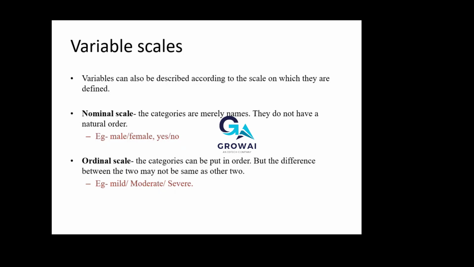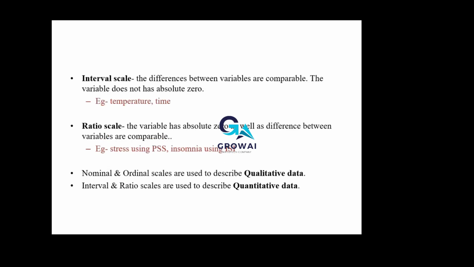So nominal and ordinal we already saw. Nominal means they do not have a natural order. Ordinal, as the name says, means you can put something into an order, like first rank, second rank, third rank, or fever: mild, moderate, severe, or rainfall or temperature: high, low. Nominal means those are merely names only. And interval scale means, for example,